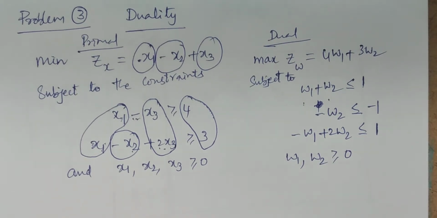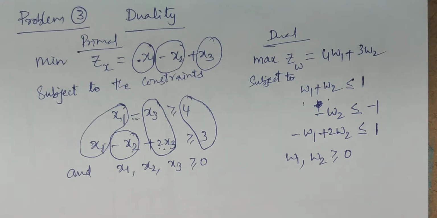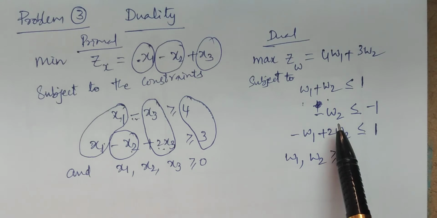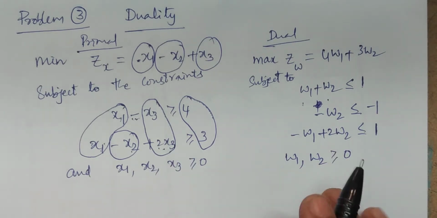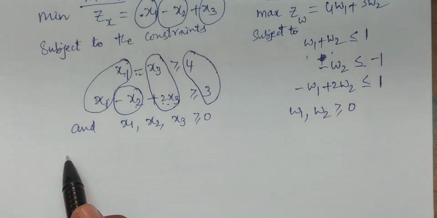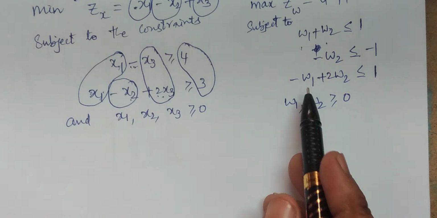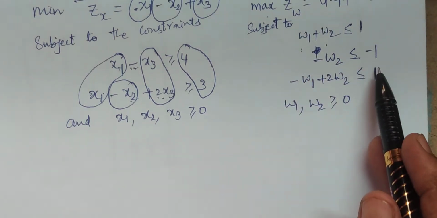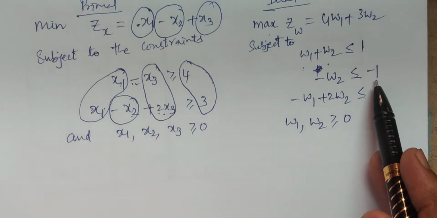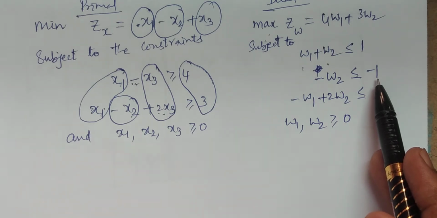So this is the dual LPP. We have converted the primal into the dual LPP, right? Now you have to solve this dual and give the solution of the primal. That is the duality procedure, using duality. Now we enter into the solution of the dual LPP, maximization. Among the right hand side constants, one particular constant is negative, minus 1. You observe here, then you have to multiply the entire equation by minus 1 and convert it to positive.